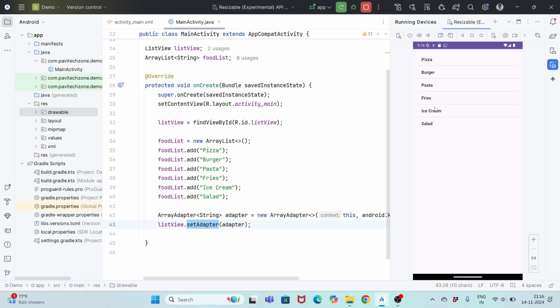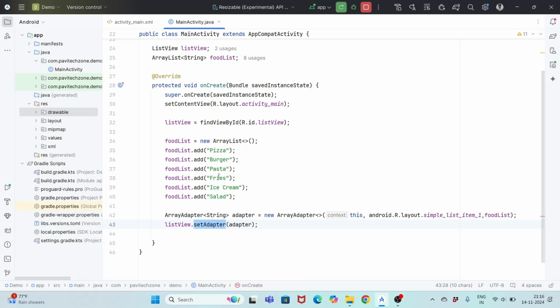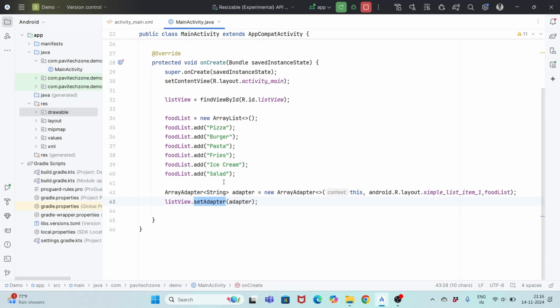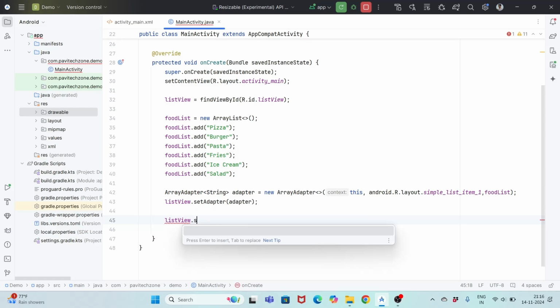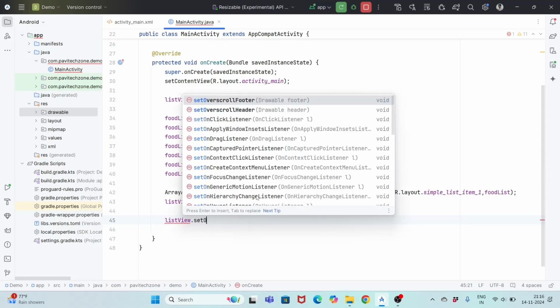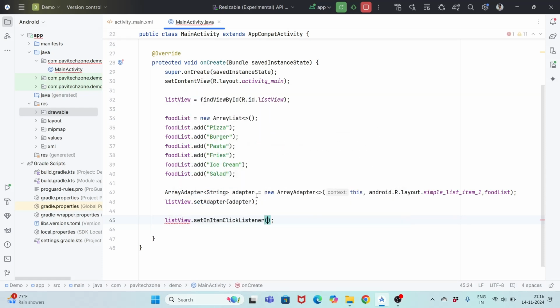Next, let's add some interactivity. We will set up an on item click listener on the list view so that when an item is clicked, we will show a toast message displaying the selected item. For that, inside MainActivity.java, we will set an item click listener on the list view. listView.setOnItemClickListener